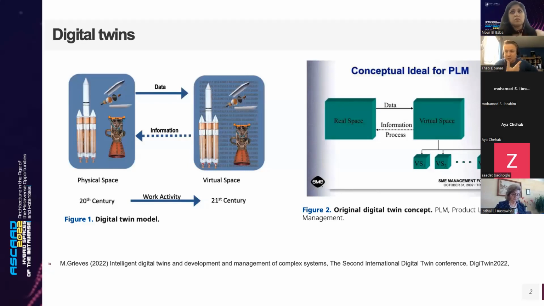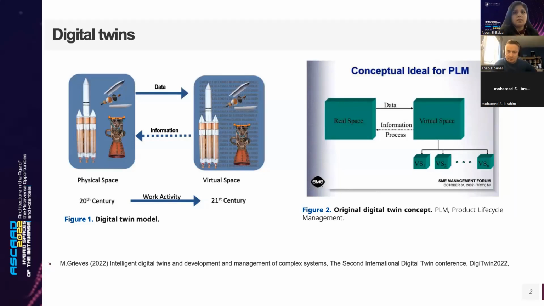So what is it, essentially, a digital twin, right? And why do we need one? These diagrams come from Michael Grieves, the father of digital twins. A digital twin is essentially the digital doppelganger of a physical entity. It is a twin that exists only digitally, and we use this to make decisions about the physical asset. So this might be a product, this might be a manufacturing line, but it might also be obviously a building